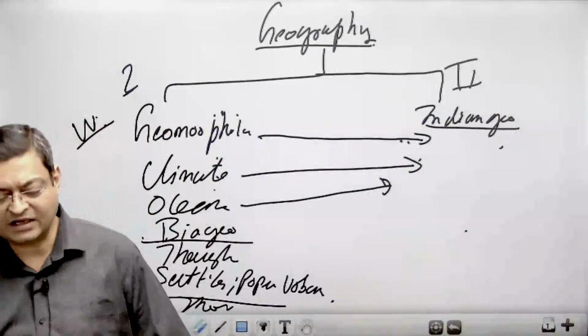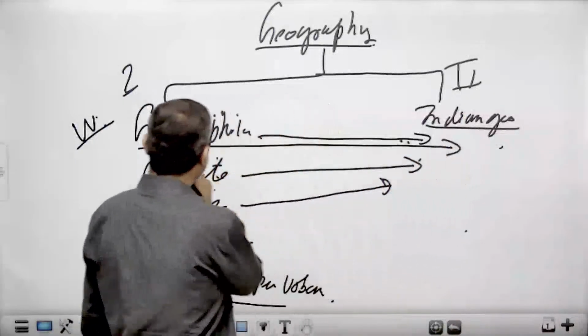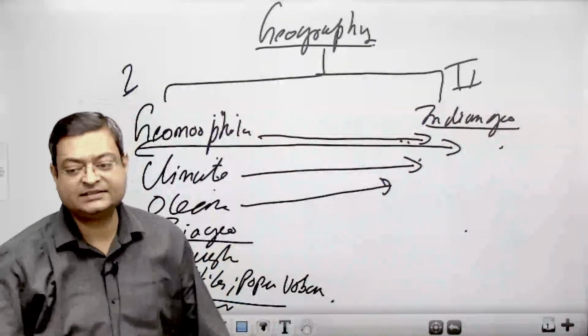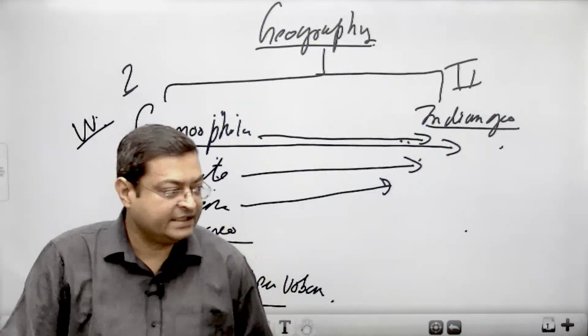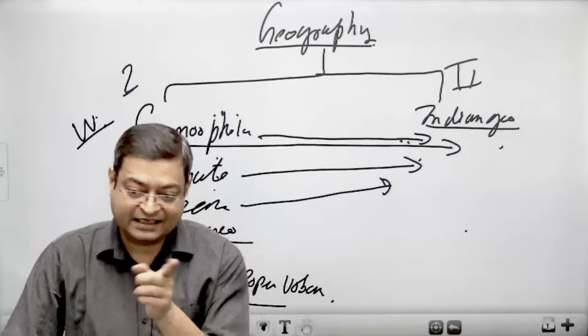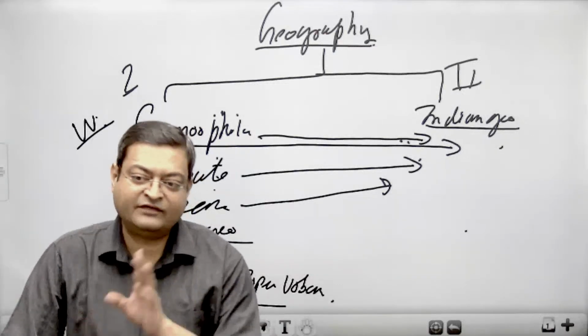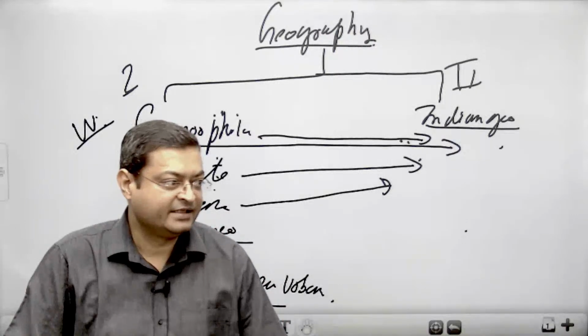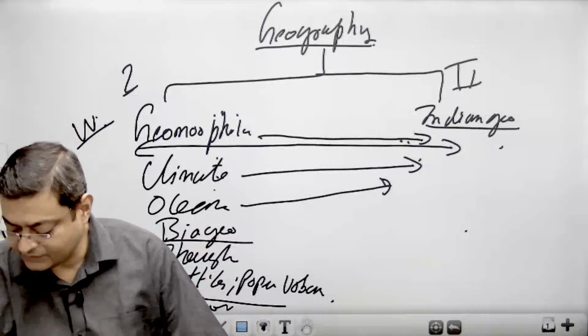Okay, so our approach will be integrating the topics which have been given in your lecture plan. For example, if you are going to start with geomorphology, you can see lectures 10 and 11, that may be on the back side. It relates with Indian physical geography. And why am I going to integrate paper 1 and paper 2?